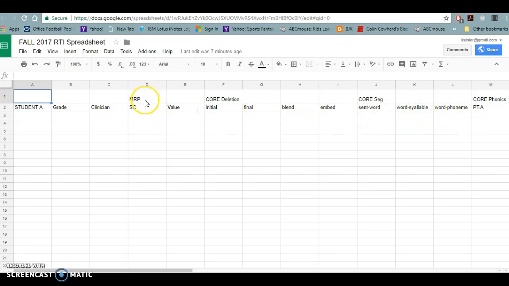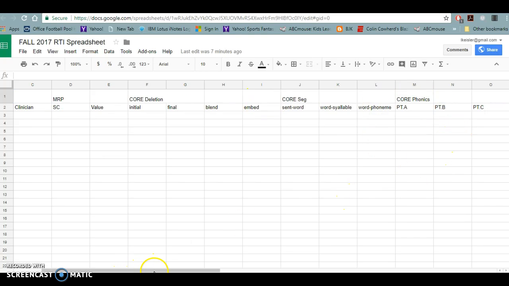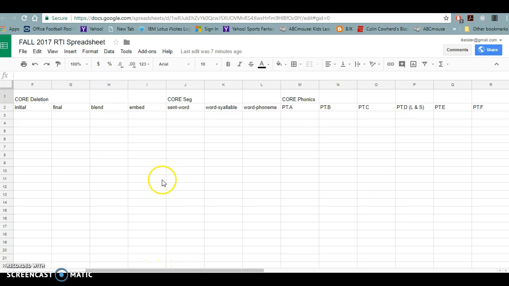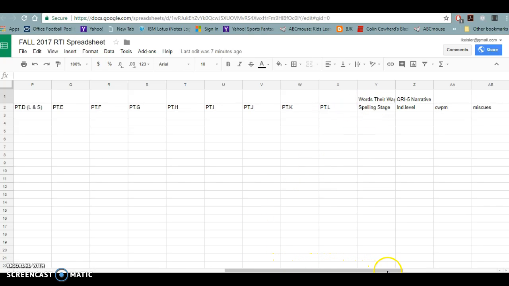So if you go back to session 1, this is the motivation to read profile. So I'm looking for their scores. This is your phonemic awareness. I'm looking for the deletion scores, segmentation scores, the phonics assessment, everything really that you've done. So for the core phonics, you'll see this is part A, part B, part C, so on and so forth. The words their way. I would like the